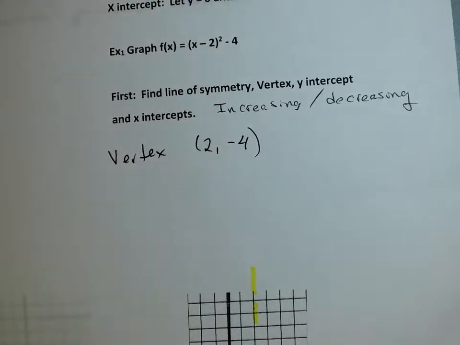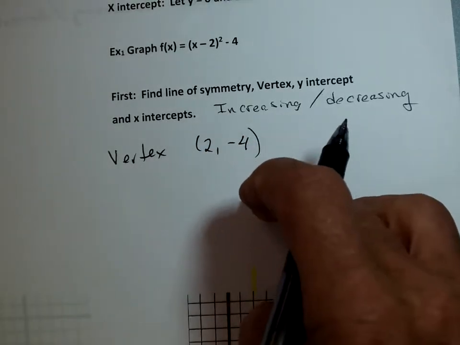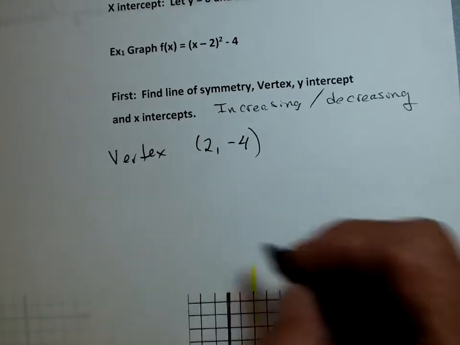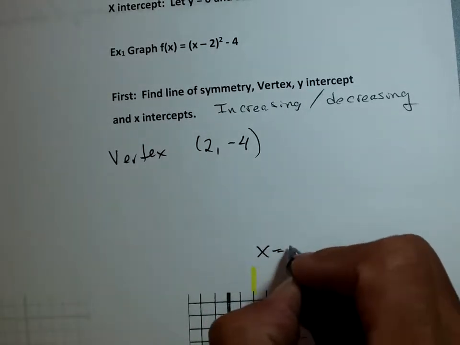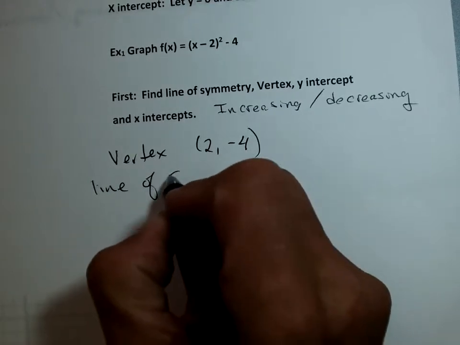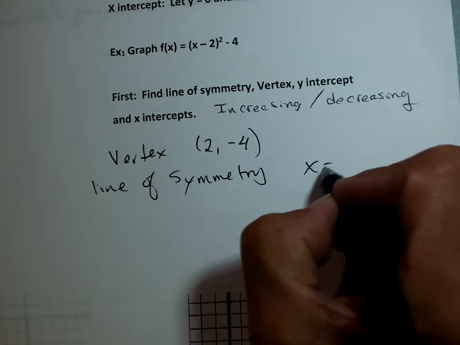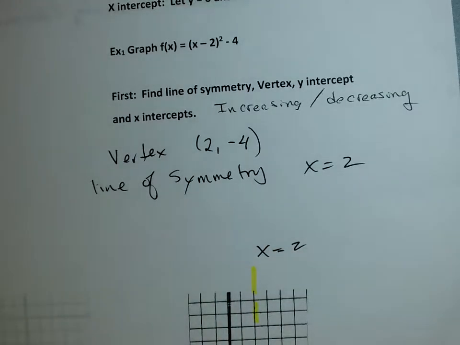So my line of symmetry here is an x equation. In this case, my line of symmetry is x equals 2. Line of symmetry is x equals 2. Okay? It has to be because it goes through the vertex, because that's the very middle of the graph, okay? Now,